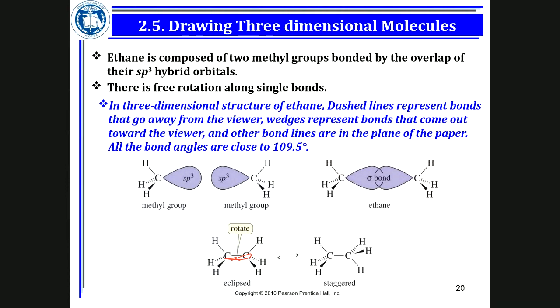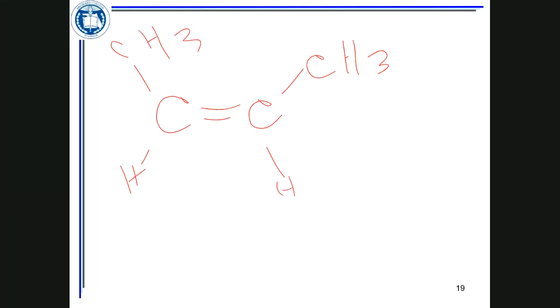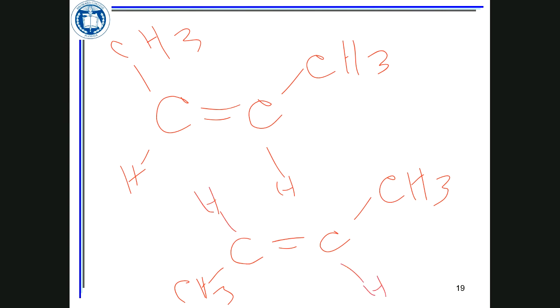So if you have a carbon-carbon double bond in your molecule, it depends on the structure. Let's say you have CH3's up in both cases, hydrogens down, and another molecule with one CH3 up, one CH3 down, one hydrogen down, one hydrogen up. Compound A and compound B are not the same. And these two, with respect to each other, are known as isomers,